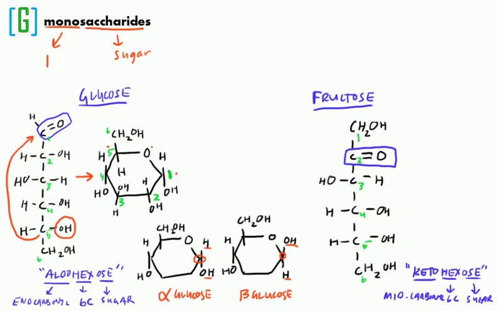It will form a ring structure, and its ring structure is going to be slightly different from glucose's as well. So follow me along on this last little bit of our drawing here. For the ring structure of fructose, we are actually going to draw a pentagon with oxygen at the points. So there's our oxygen, and then we draw a 5-sided pentagon. Okay, and then off of the different points, remember the points of the pentagon represent carbon atoms. Okay, so then off the points here, it's going to be kind of a tight squeeze here, but our